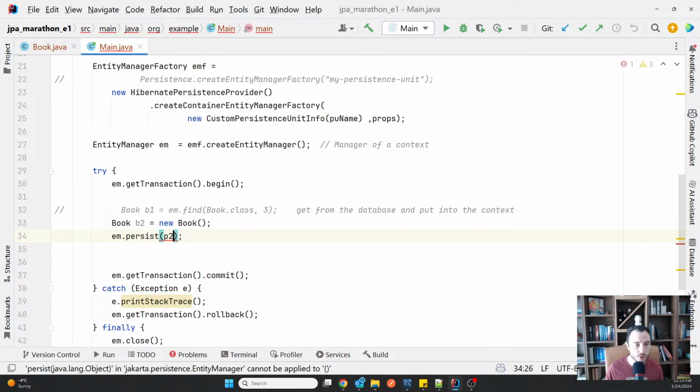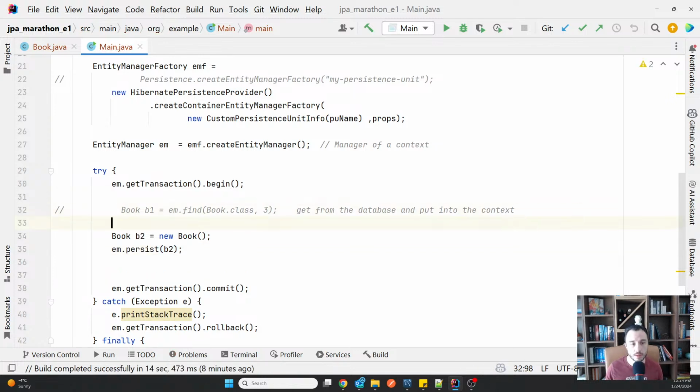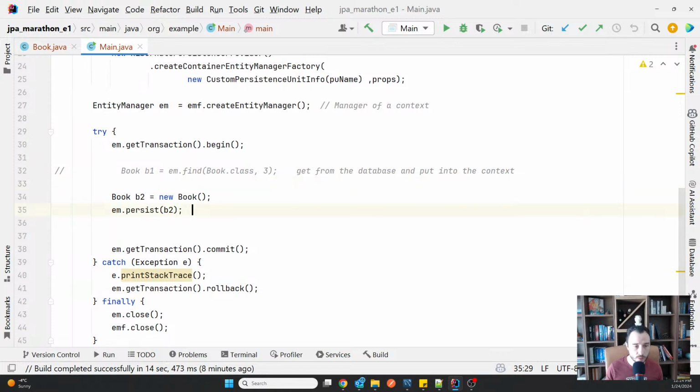So what does this actually mean? Sorry, B2. Does this mean that when we call the persist, an insert goes to the DB? No, it doesn't mean that.